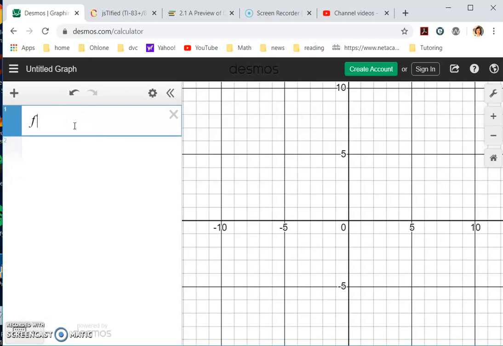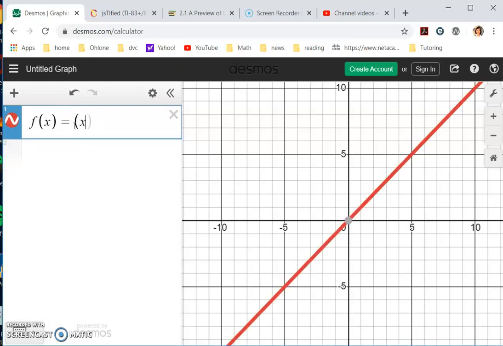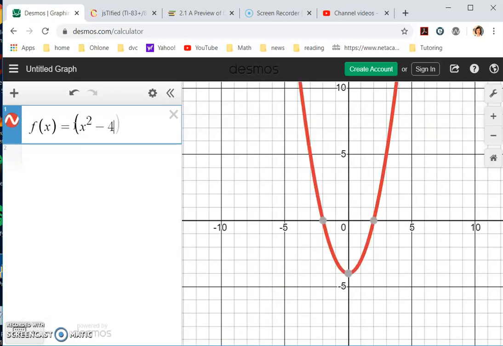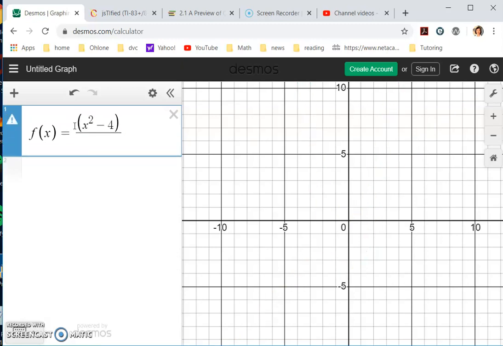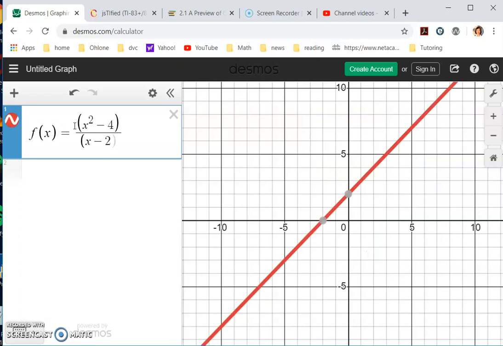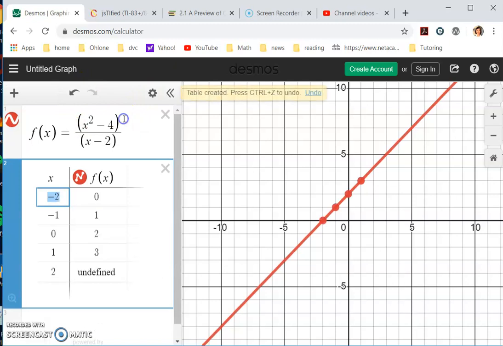Let's try it again. f of x equals x squared minus 4 over x minus 2. So this is our f of x, and we want to do a table. You click on this and the table will show up. They would tell us, okay, 1.9,